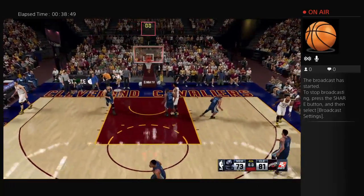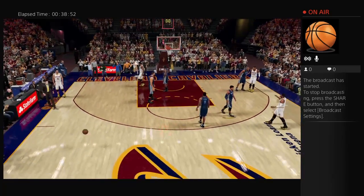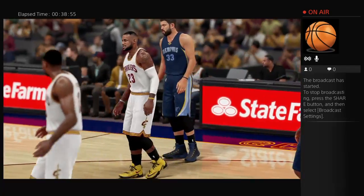Irving for 3. Missed. And so it's Cleveland winning this one. A confident win, and one where they clearly